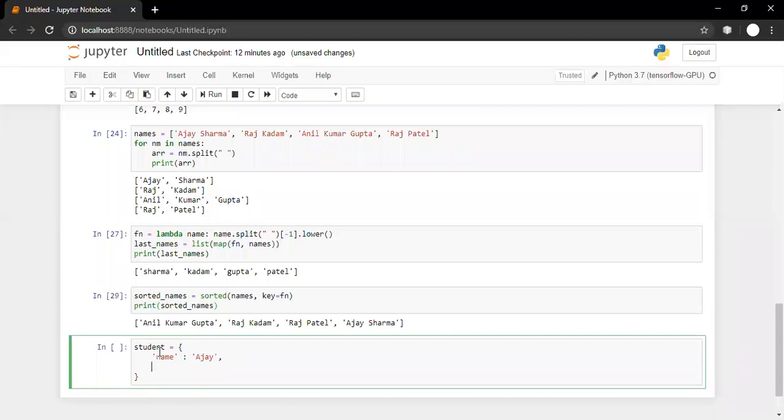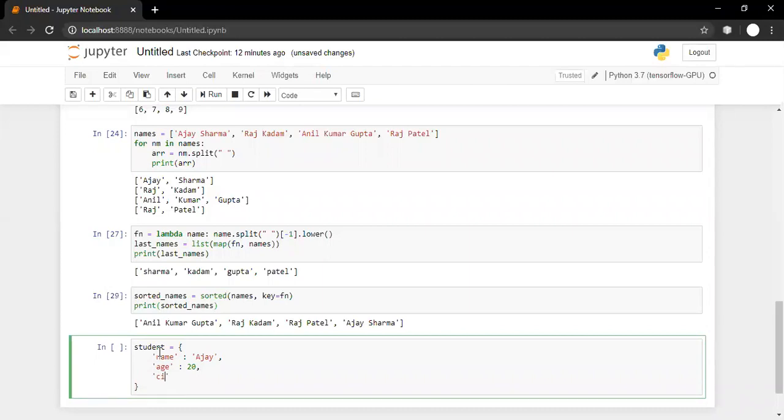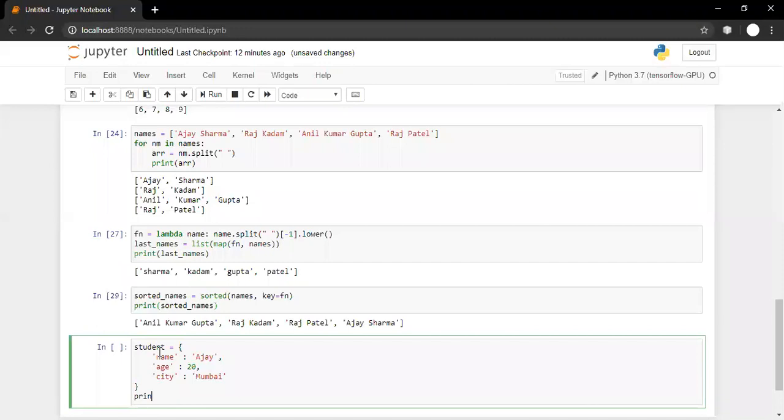Second element is age, let us say age is 20. And third element is city in which the student is living, let us say Mumbai.